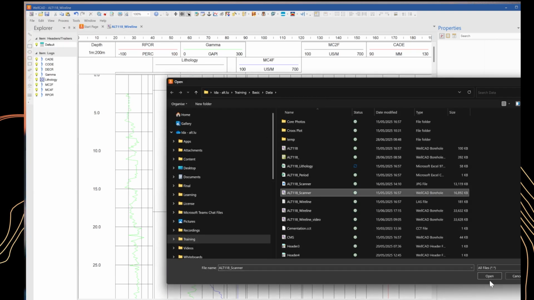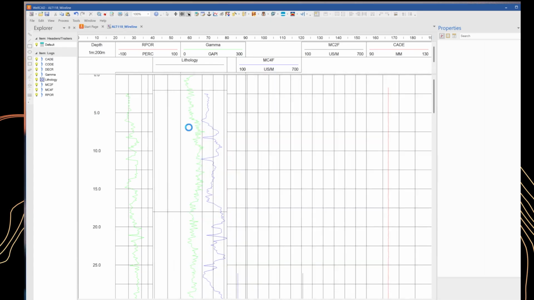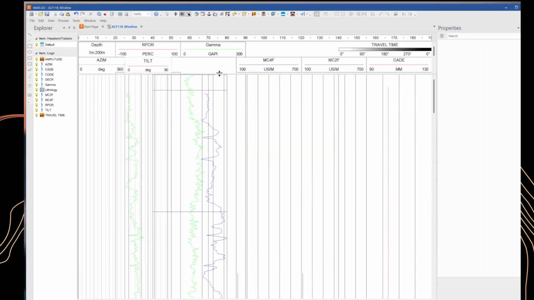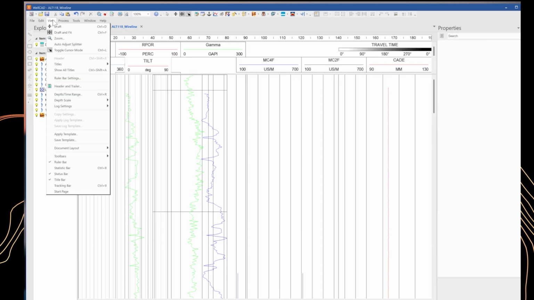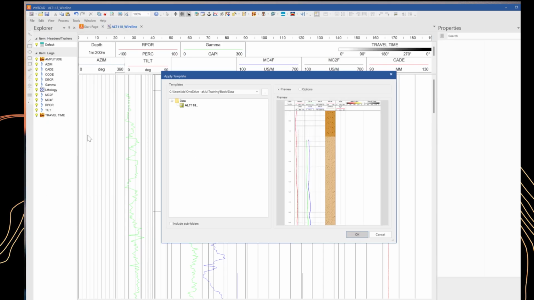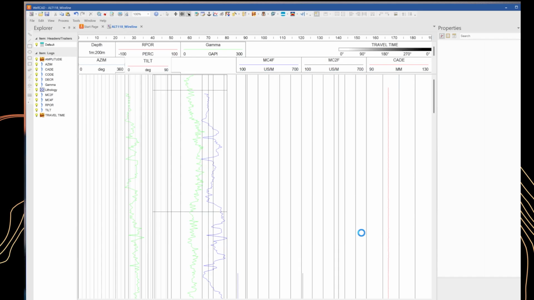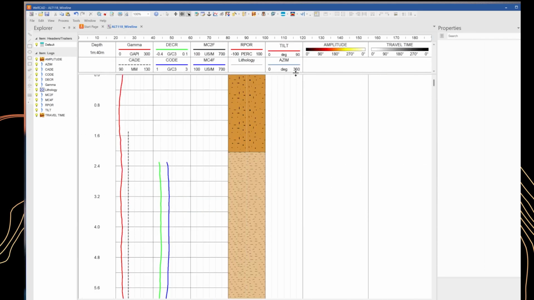And we re-import the WellCAD file with the image logs. Now we go to View, Apply Template, and apply the saved templates. Now everything is displayed nicely.